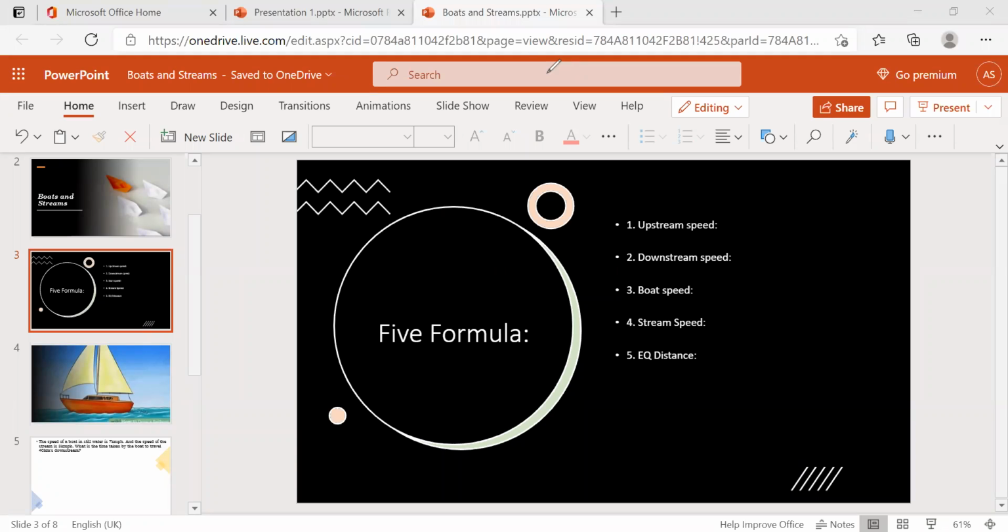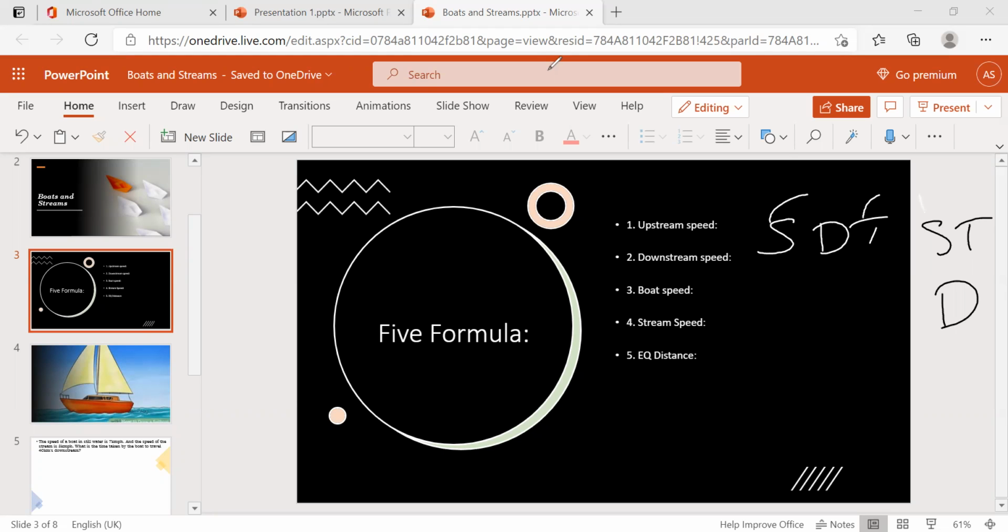Speed is there, distance is there, and time is there. And what about the downstream speed here? Speed is there, time is there, and distance is there. Now you just compare these two. Which one will be the same? I mean, which one will not vary in both conditions? Speed will vary, right? Speed will vary because the upstream speed will be less and the downstream speed will be higher.